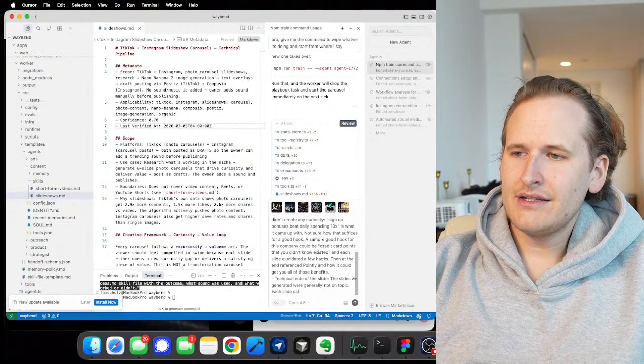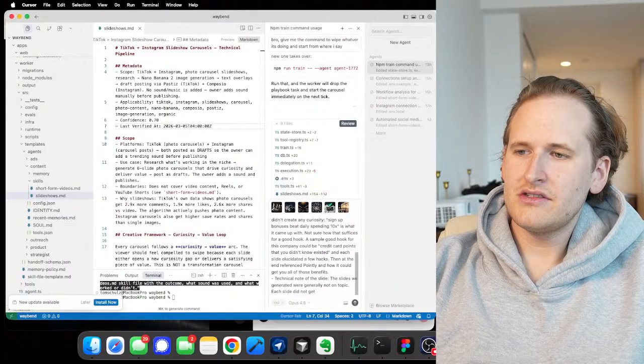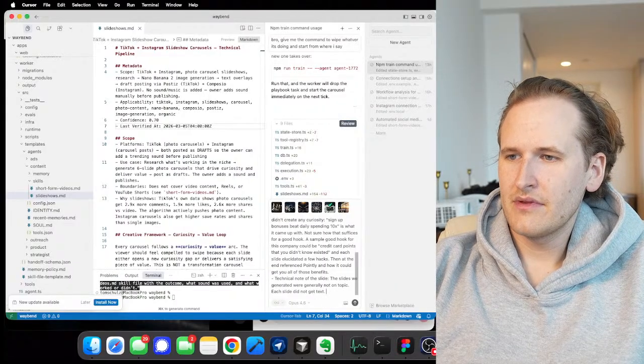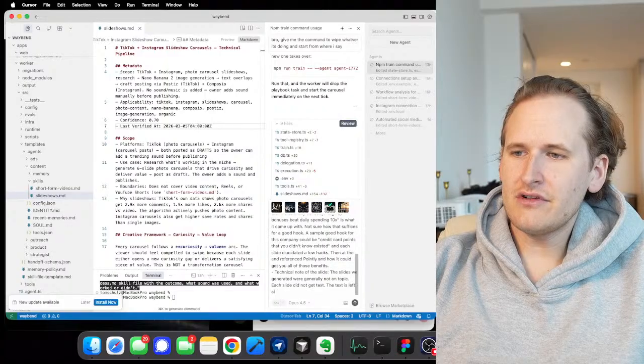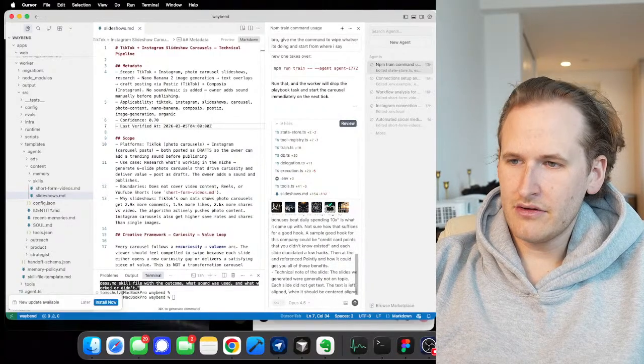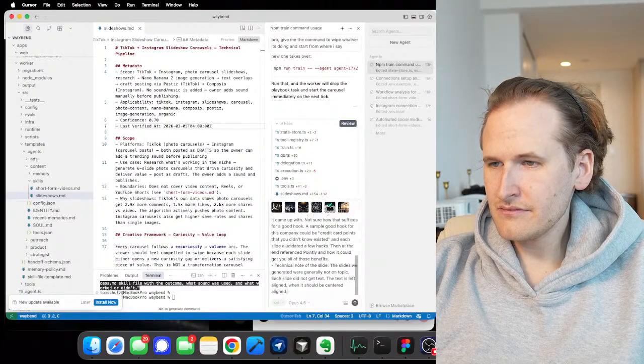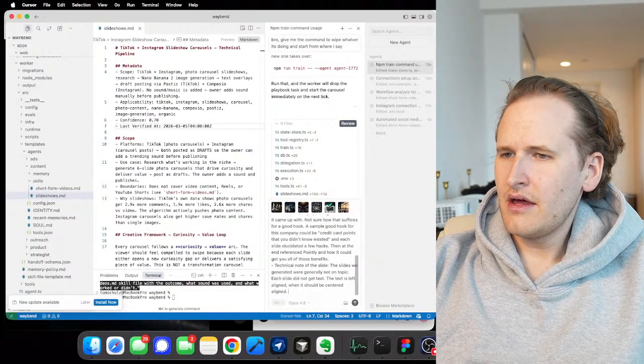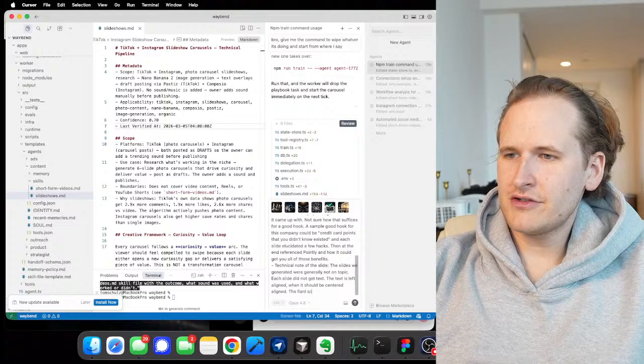Each slide did not get text. Text is left aligned when it should be center aligned. The final screen